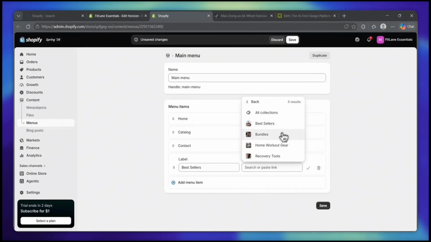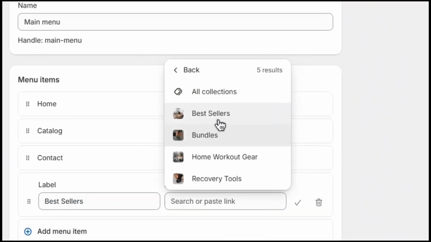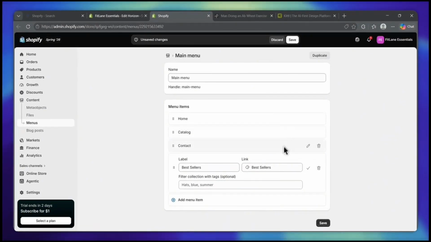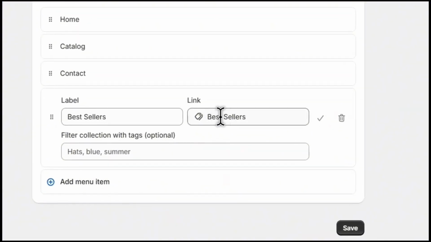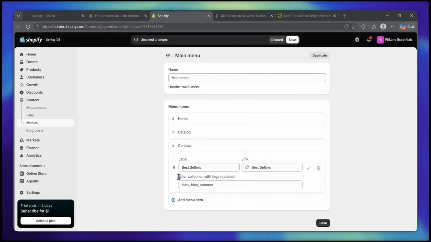And now Shopify shows the collections we created earlier. I can see bestsellers, bundles, home workout gear, and recovery tools. So I'll select bestsellers, confirm it with the check mark, and that menu item is now connected to the actual bestsellers collection. Once I select the bestsellers collection, Shopify may show an extra field that says filter collection with tags,